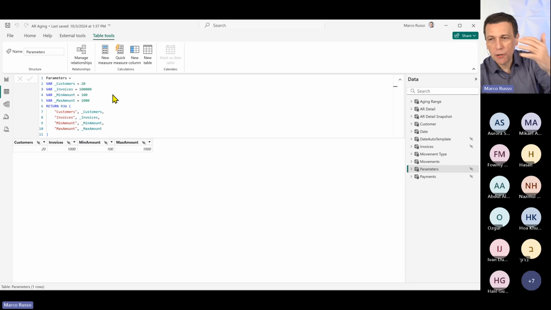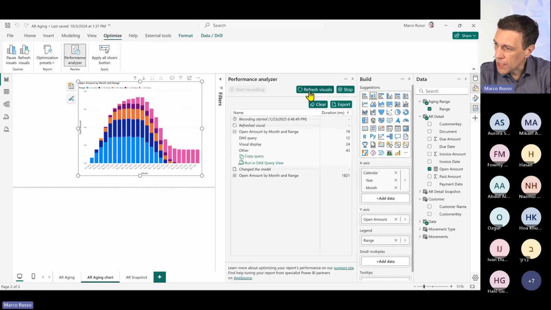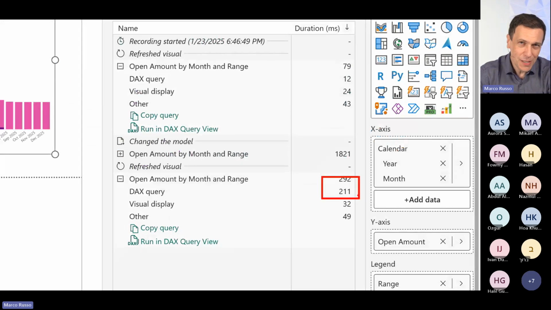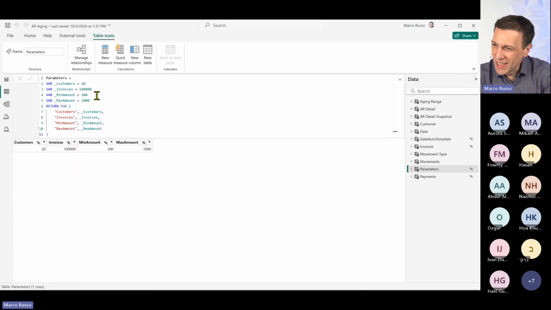So now we are regenerating everything and I can refresh all the visuals. Now you see that my DAX query is running in 211 milliseconds. It is a good machine, by the way. So let me try to move these numbers a little bit higher.